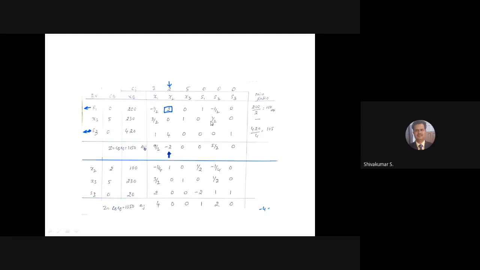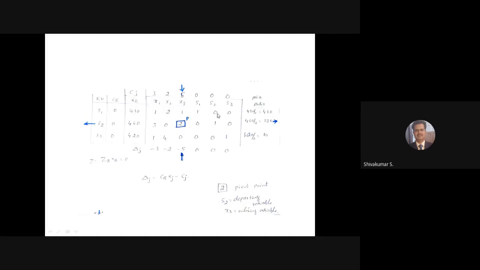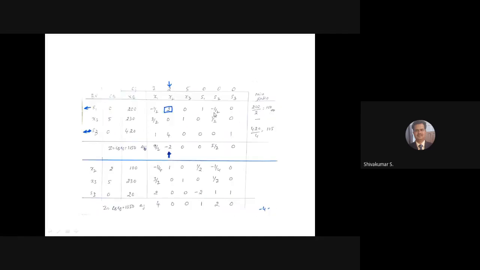Minus half, so plus 0 becomes minus half. This value 0 and 0. I hope you got these values now. You are just multiplying this by -1 and adding all the values to the corresponding values in the previous table. You are going to get 200, minus half, 2, 0, 1, minus half, 0. These values. Your intention is to make the remaining values 0, and only the pivot point 1.